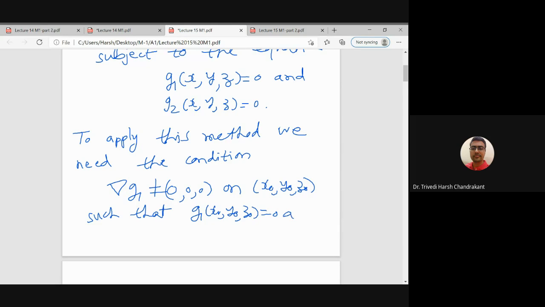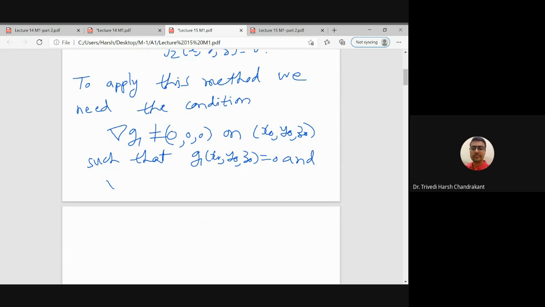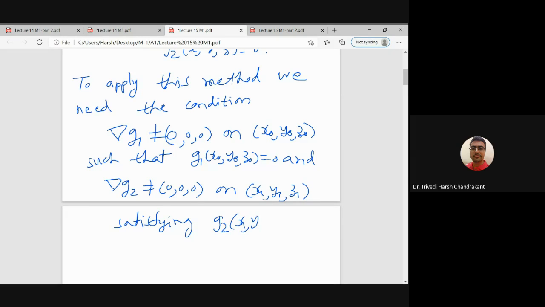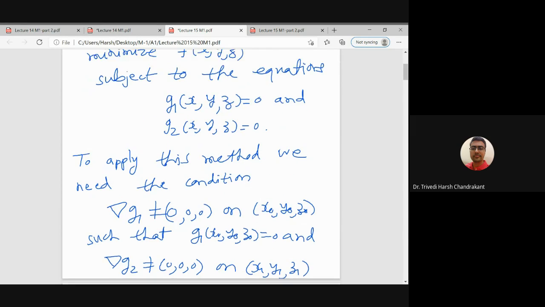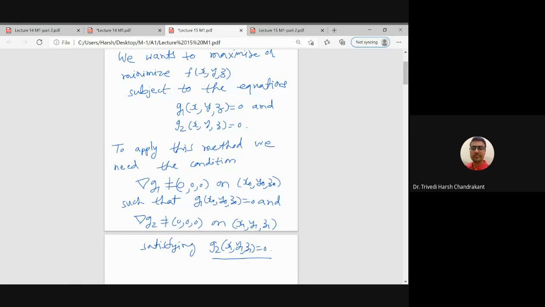The second equation also needs to satisfy the gradient condition: the gradient of g2 is also non-zero at all points x1, y1, z1 satisfying g2 of x1, y1, z1 equals 0. So on all points of this surface the gradient should be non-zero. If these two conditions are satisfied, then we can apply the Lagrange multiplier,